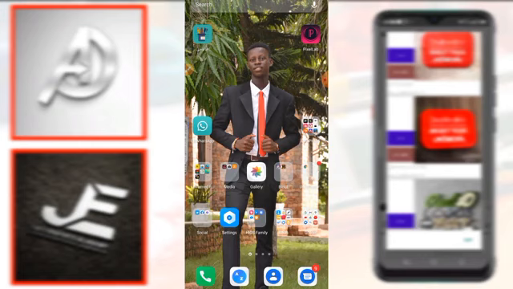Okay, in today's tutorial we're going to use this PixelLab, and then this, you see it's written in Chinese, it's called Photog. So we're going to use both. So the main thing is how to mock up on